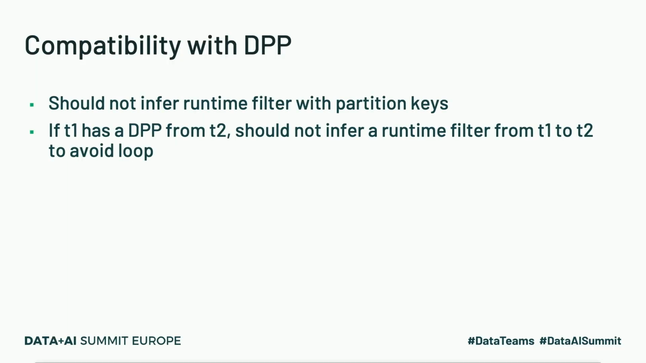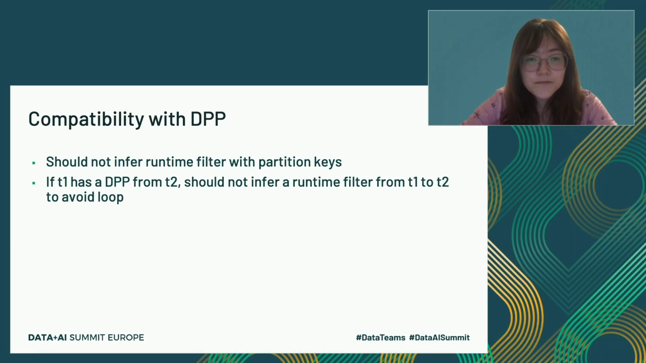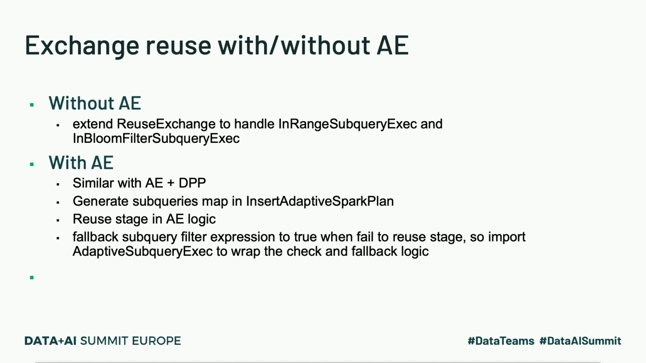We have both DPP and the runtime filter in our engine optimization, so we need to avoid conflicts between the 2 optimizations. For example, we should not infer runtime filter with partition keys, and if we have a DPP on table 1 from table 2, we should not infer runtime filter from table 1 to table 2, to avoid a loop. We should also have exchange reuse logic